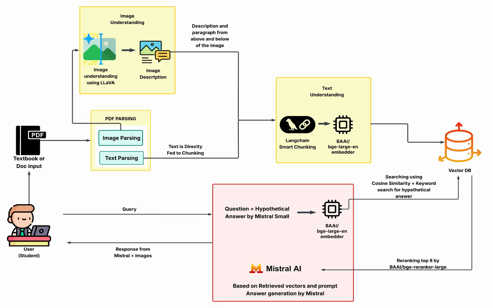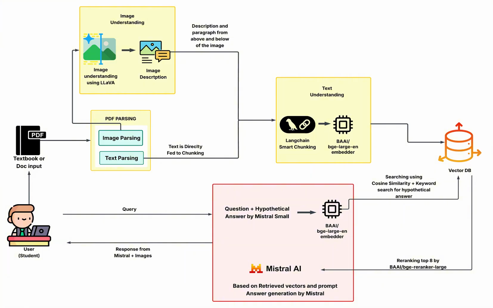Using their description and the text above the image and below the image, we will be making dynamic hybrid vectors. These vectors or chunks will be fed into LangChain smart chunking. Similarly, the text directly taken from the textbook or the PDF will also be fed into the same LangChain smart chunking. Both the image chunks and textual chunks will be fed into BAI, which is a Beijing advanced embedding model,